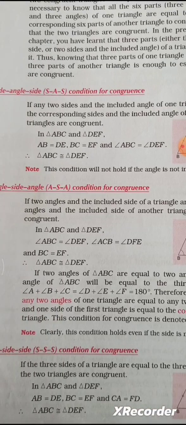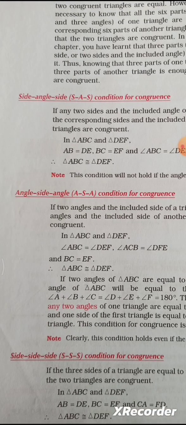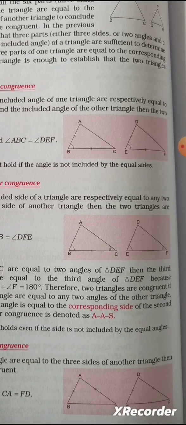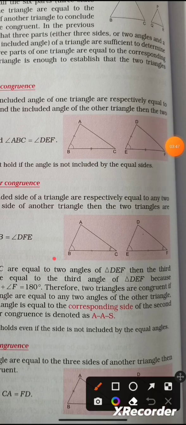In this, as the name suggests, first you take one angle equal to one angle of the other triangle, then one side of the first triangle equal to the side of the other triangle, then one angle of the first triangle equal to the angle of the second triangle. As you can see here, angle B is equal to angle E. The symbol is showing it. Then just after angle B there is a side BC which is equal to the side EF just after angle E. Means BC is equal to EF.